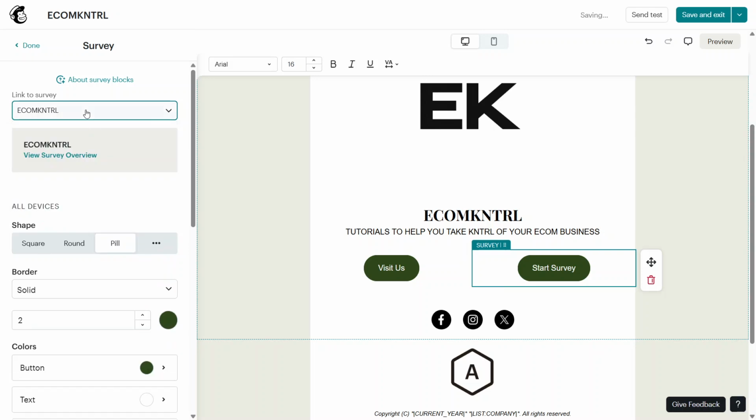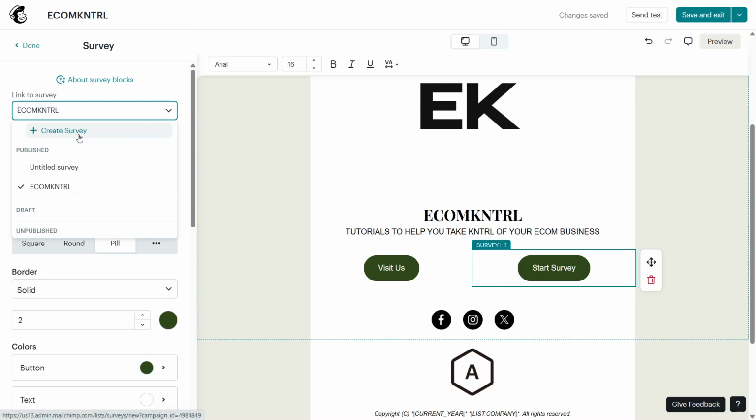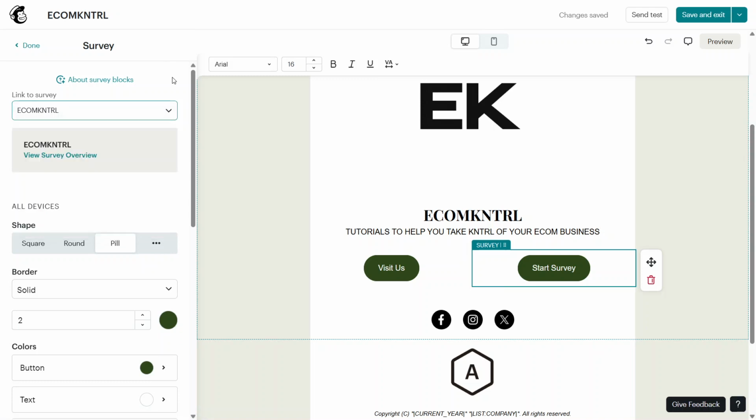to that survey. If you don't have a survey yet, no problem. In that same drop-down, choose the option to create a new survey. Mailchimp will guide you through setting it up. Once you've created it and saved it, you can come back to this block and select that new survey from